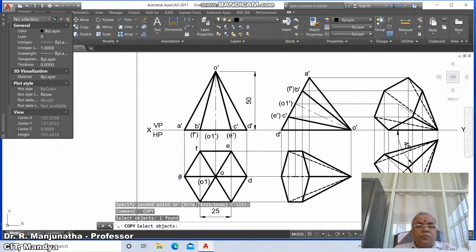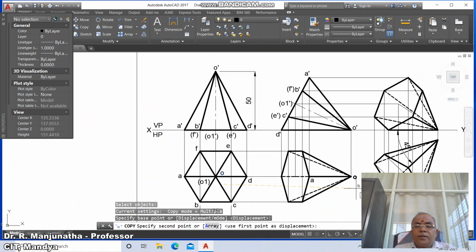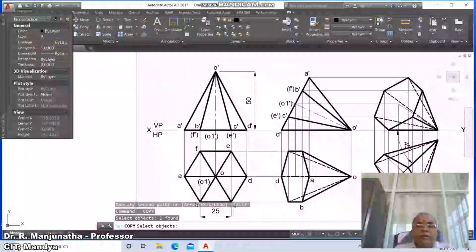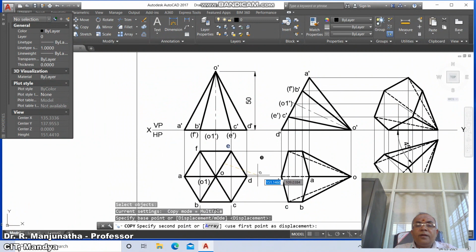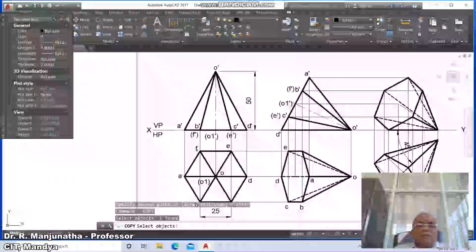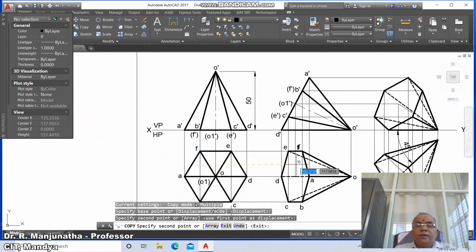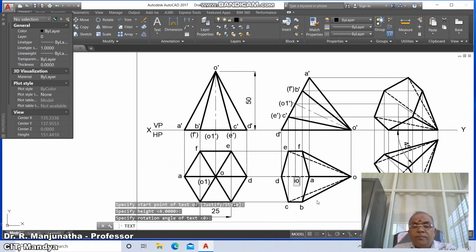Once you do that, then go to A, take this, then copy O, you copy it here, then D you copy this here, then B you copy this here, then C you copy this here, then D you copy this, E here, then F you copy this here, then you take the text, you type O1 and you type O1 and here you type